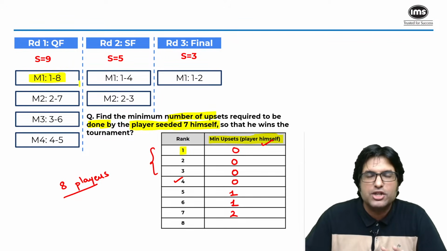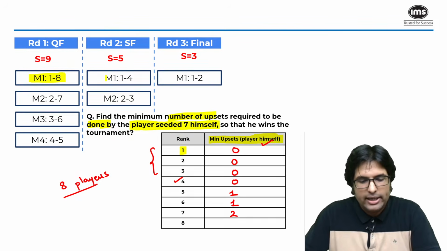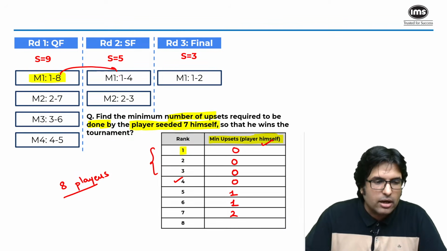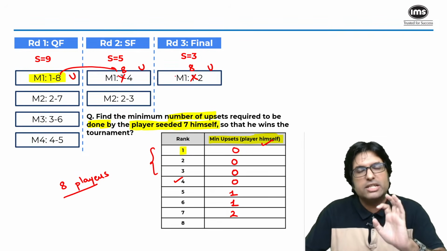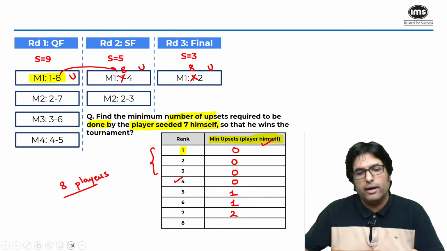So he would play one match in round 1, that would be an upset. And then he would move to the next round, replacing 1. So 8 and 4 again is an upset. This was an upset. And then 8 would take the place of 1, again an upset. So can I say across all the rounds, all matches, the 8 ranked player is the worst ranked player and therefore